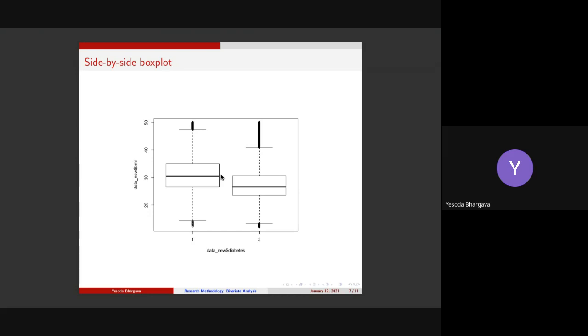Now for the homework part, I would tell you to draw the histograms of the diabetic people and the non-diabetic people and look at how the distribution varies among these two groups. Then you will be able to understand the same. So this was about analyzing one continuous variable and one categorical variable.